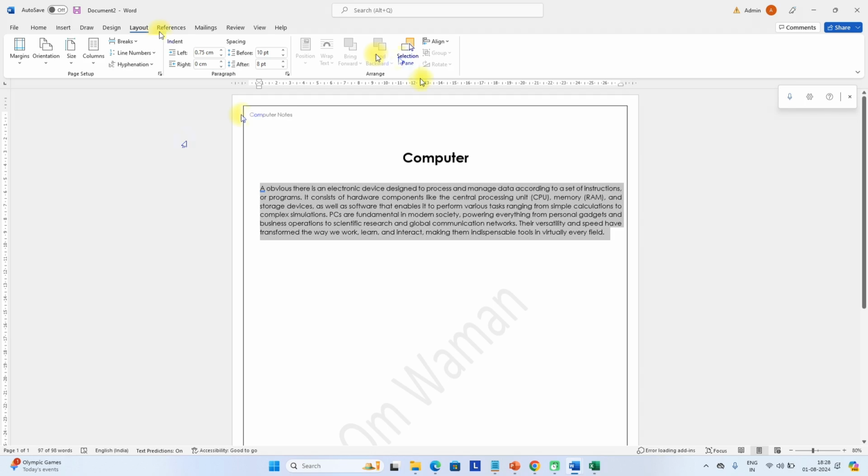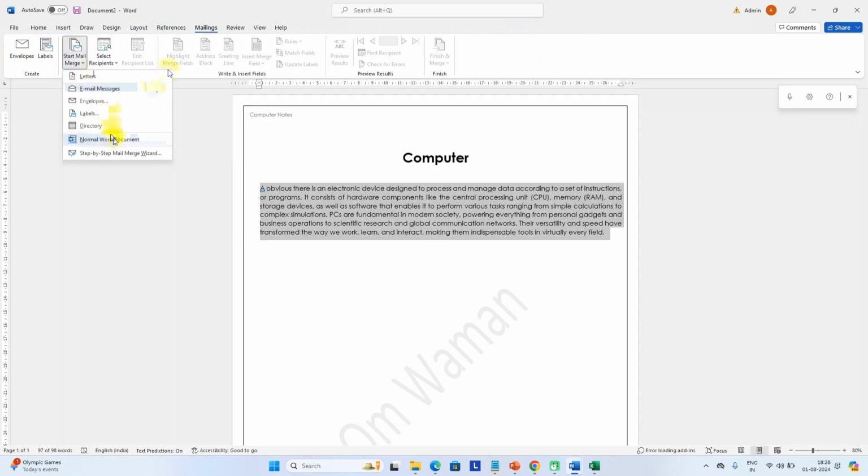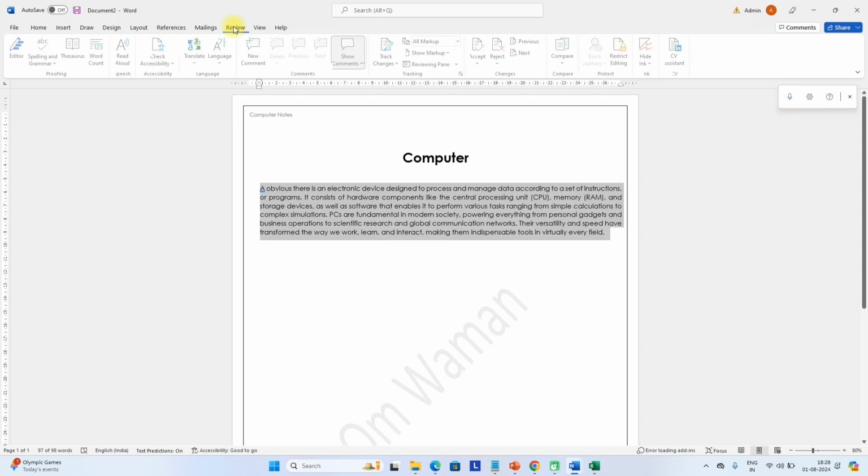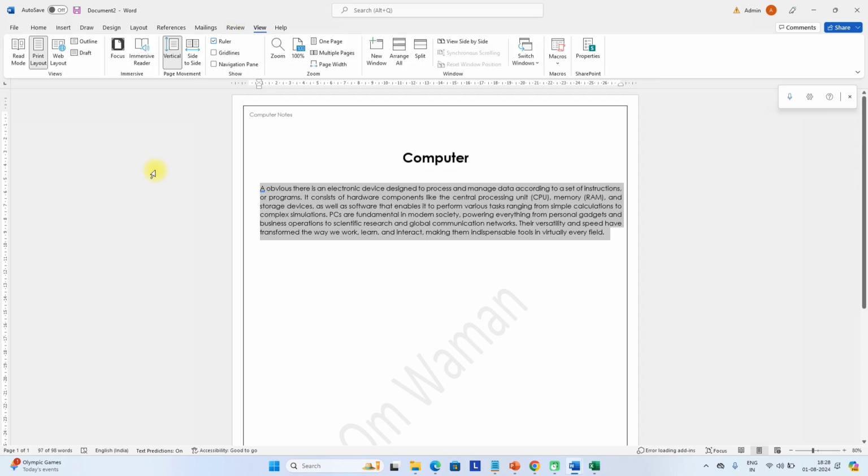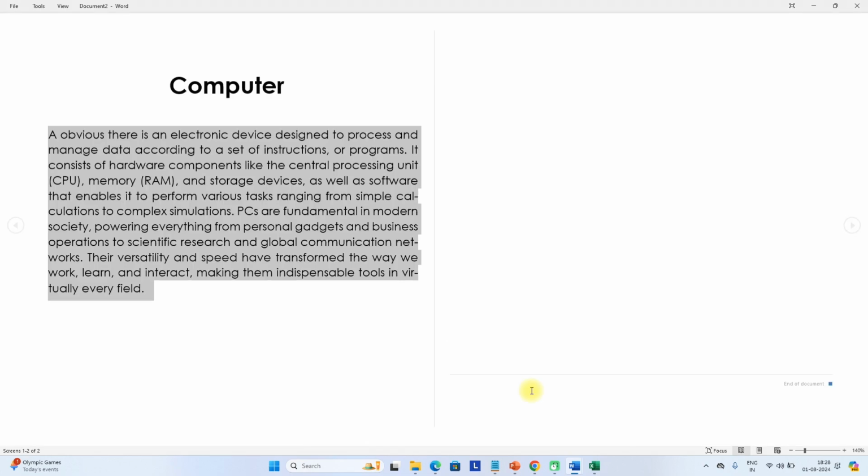And references, so these are not daily useful options. Mailing also, start mail merge, so these are for advanced users. So the review and view options are important. If you have to read the page, you can go into read layout. Let's close this read layout,